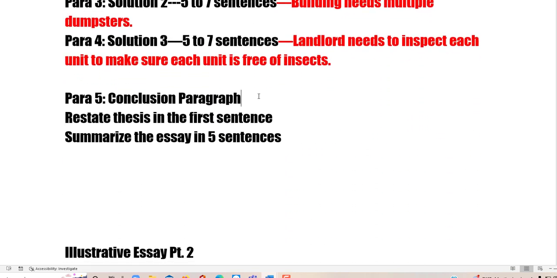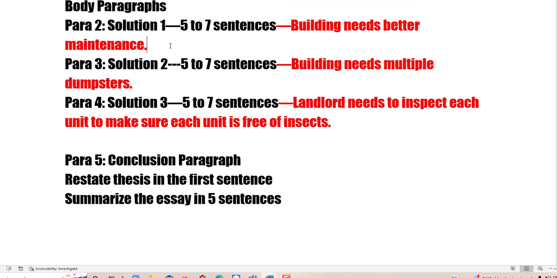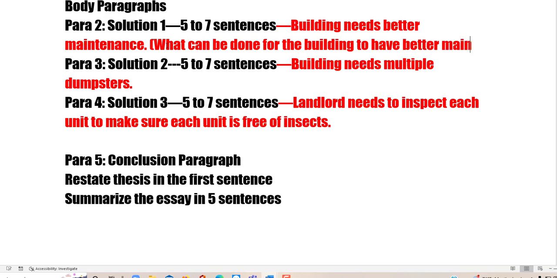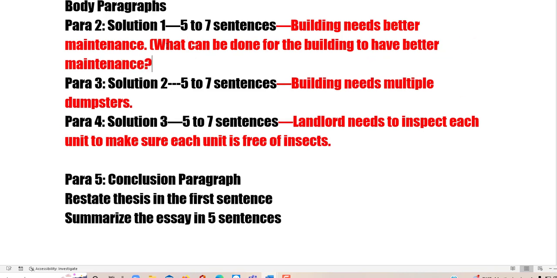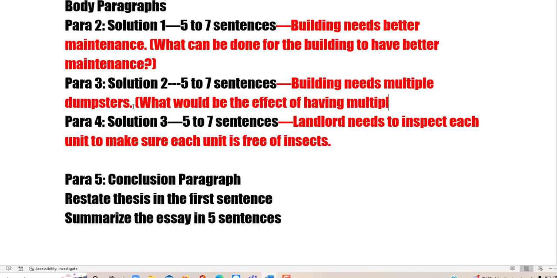Now for your conclusion, you write 5 to 7 sentences about how and what can be done. Okay, what can be done for the building to have better maintenance. And then, what would be the effect of having multiple dumpsters? So for instance, you could say, well,